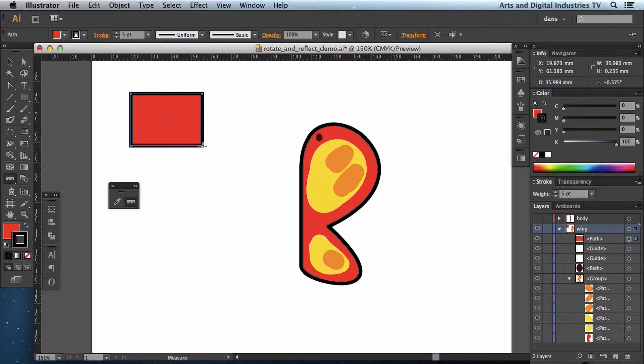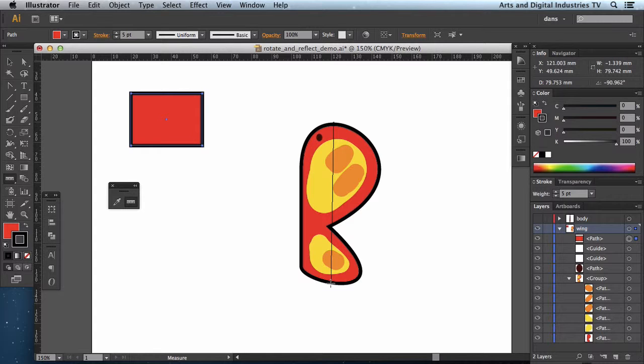So if you're designing something that is really important for scale, you can use this to actually measure and just double check certain measurements along the way. So let's say for my butterfly, if I wanted to know exactly how big it is, I can see it's 79 millimeters, so about 7, nearly 8 centimeters tall. So if I'm producing something that's going to go on a greetings card or whatever, I can actually work out